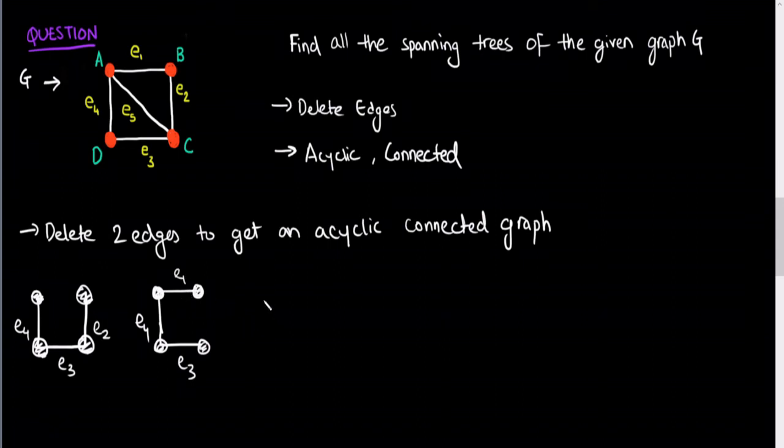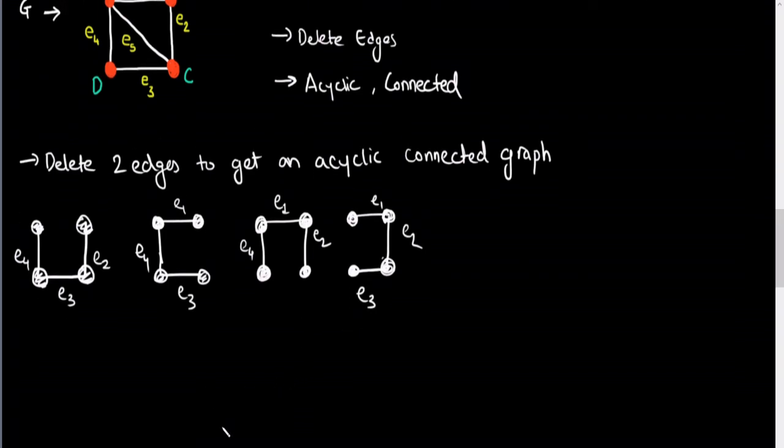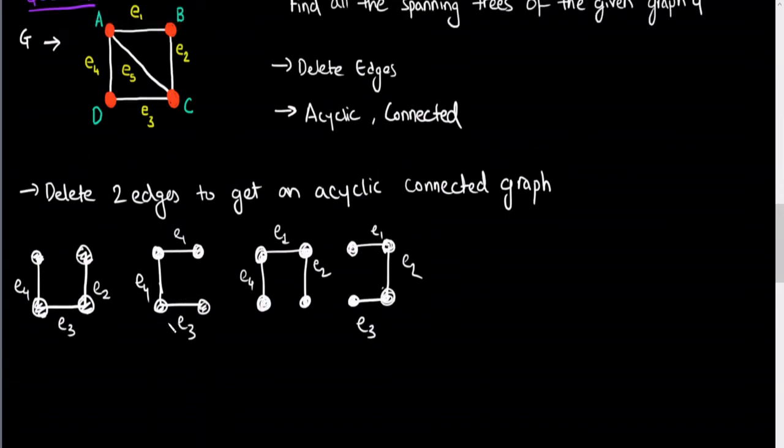Similarly, another combination would be deleting E3 and E5. That will result in something like this. And one other combination would be deleting E4 and E5. That would result in something like this. So we've so far got 4 spanning trees, right? So this is E4, E1 and E2. This is E1, E2, E3. So we've so far taken combinations along with E5. Now let's say if we take combinations of E1, E2, E2, E3, E3, E4 and E4, E1, basically we are leaving E5 as it is right now.